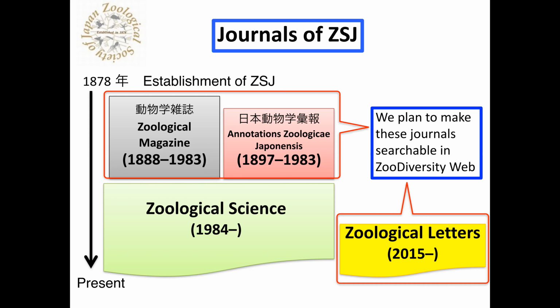However, the good news is we plan to make all of these journals searchable in Zoo Diversity Web. This will definitely increase the convenience of Zoo Diversity Web and allow access to much earlier and also some more recent research. Finally,